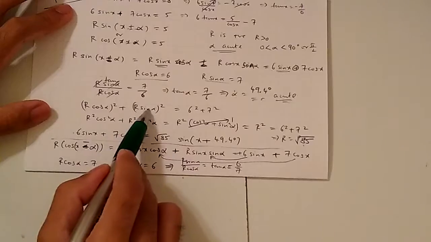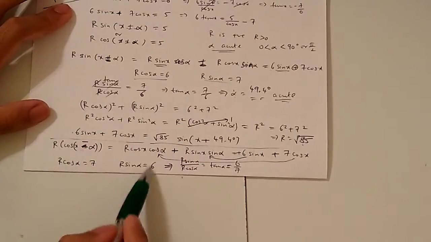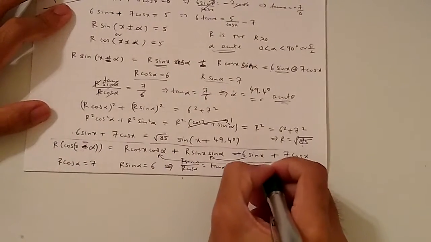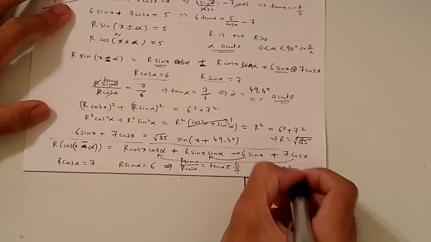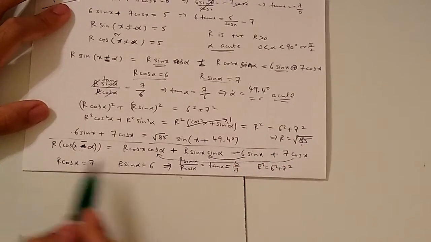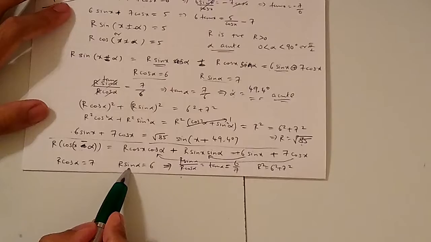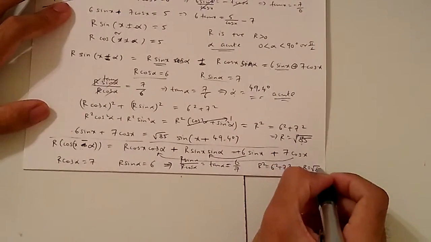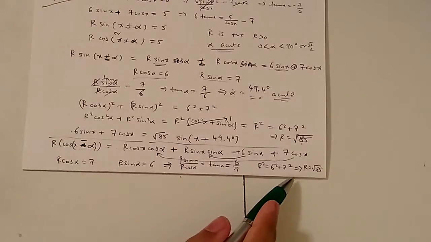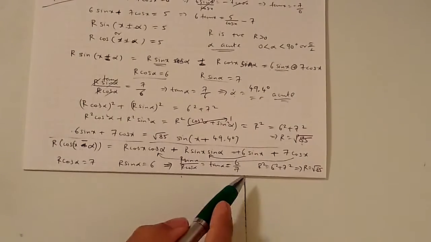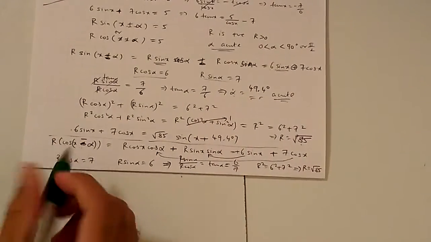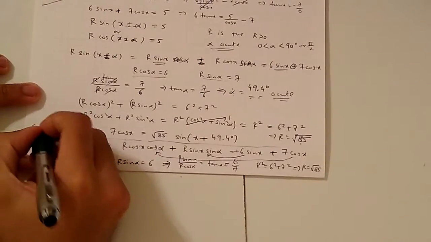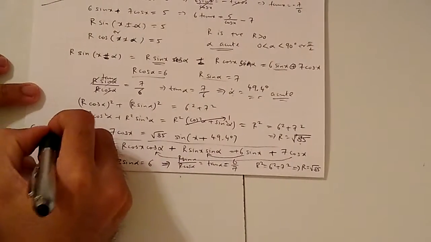Rest we have r. Use the same relationship that you used in the previous case. Square both sides, add them up. R square is going to be equal to 6 square plus 7 square, because r square cos square alpha plus r square sin square alpha is going to be r square. And from there you can find out what r is. So find r, find alpha, and then substitute into this expression, and we'll get root of 85 into cos of,